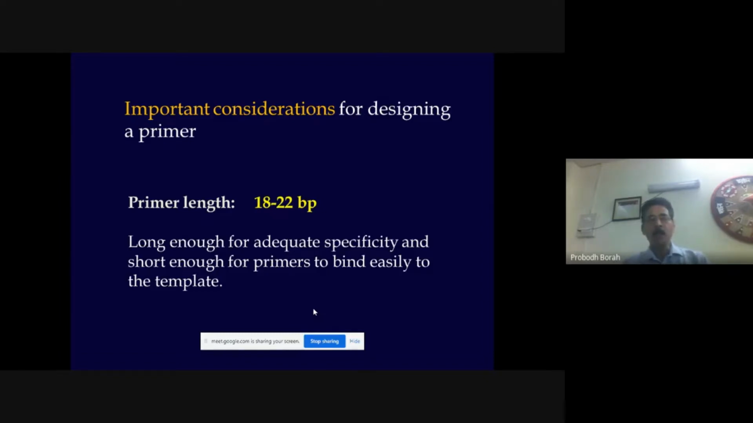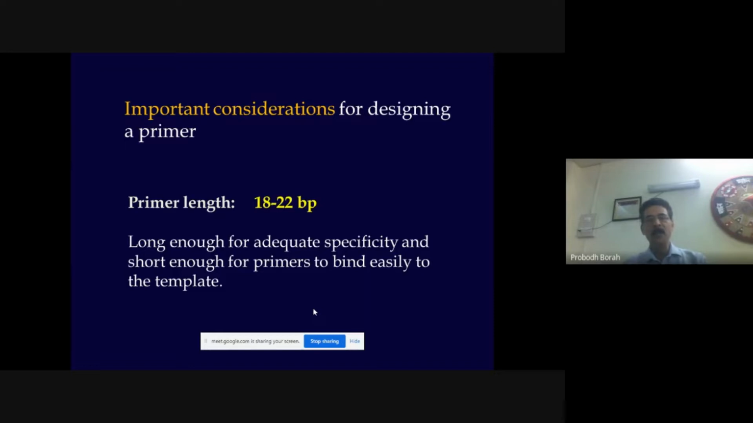But for optimal length, one may prescribe the primer to be limited to 18 to 22 base pairs. 18 to 22 base pairs is an optimum length, but if necessary, you can decrease the length to 15 or increase the length to around 25 to 30 if necessary. The principle is that the primer length should not be too long and should not be too short. It should be long enough to ensure adequate specificity, and short enough